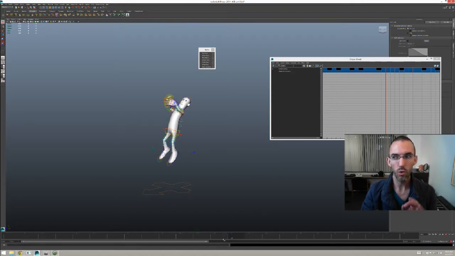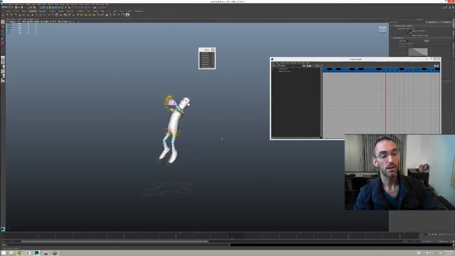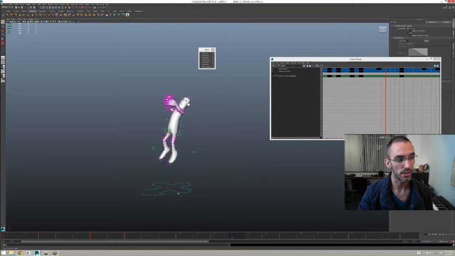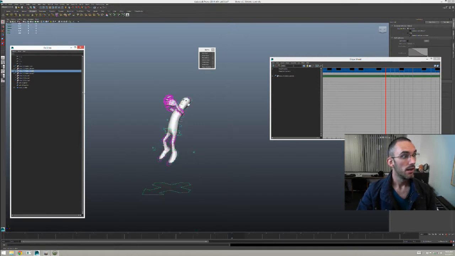But as you saw, that wasn't quite as fast as selecting just this node and going copy keys, then making a new one, bam, paste keys. It's just not as fast. But sometimes if your rig isn't created correctly, and you're selecting this topmost master controller and copy and paste keys is not working, if you do that, or even if you select the rig, here's his control group. If you select the control group and go select minus high, sometimes that works as well.